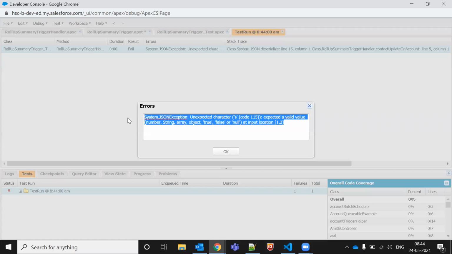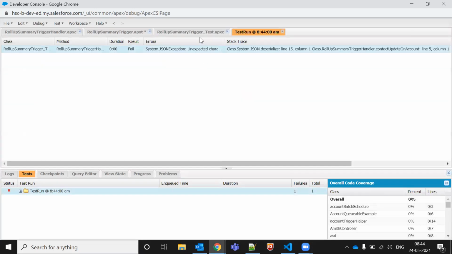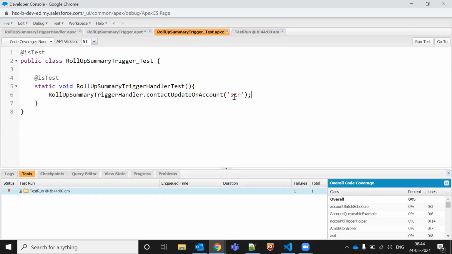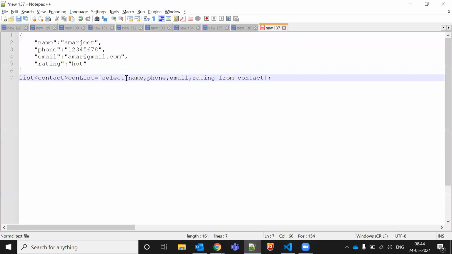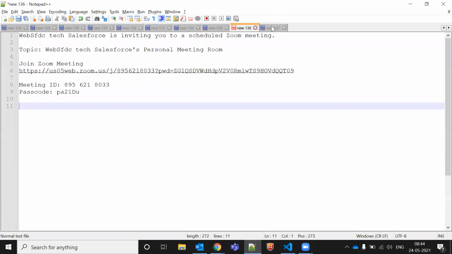It is saying JSON exception. We are getting a JSON exception here, right? Because here we are passing str only, or in the test we are passing the test, but what it is understanding is that we should have a JSON format. We should have a JSON format. So why can't we pass the, okay, sorry.